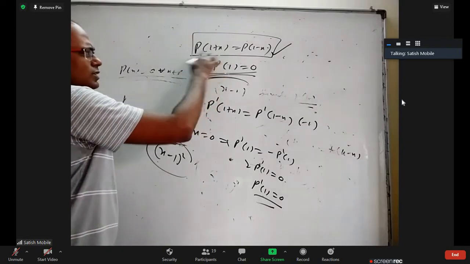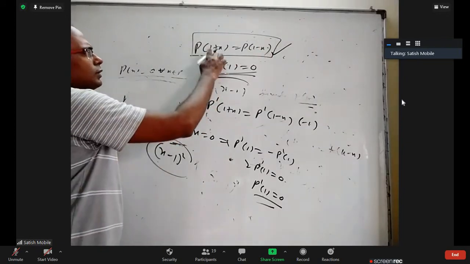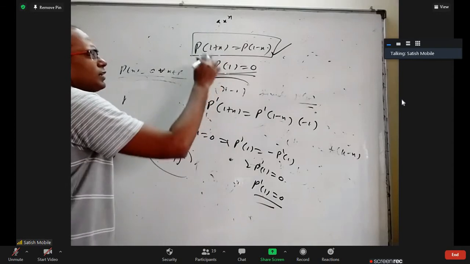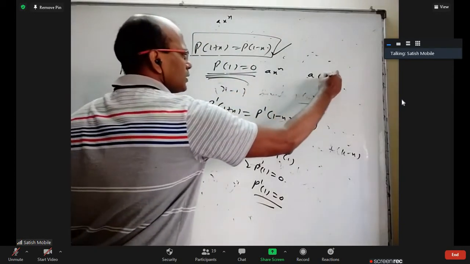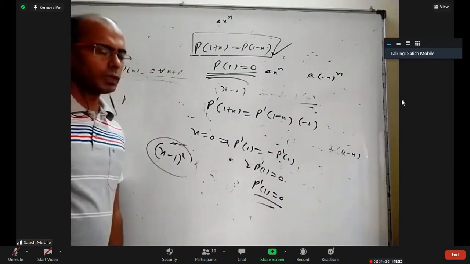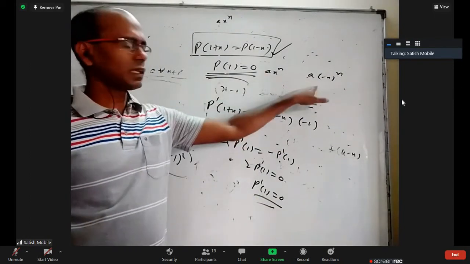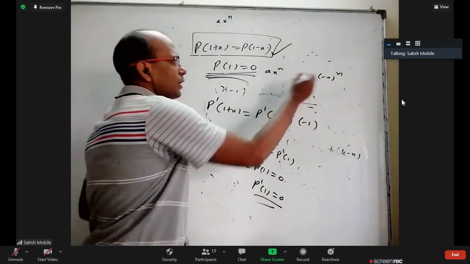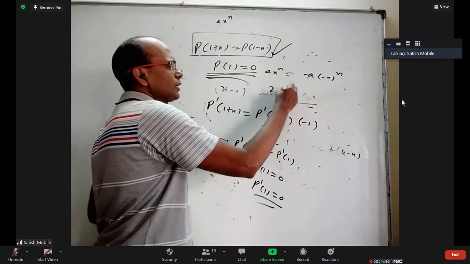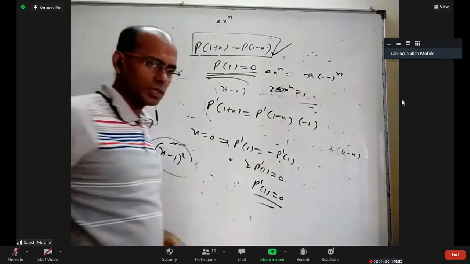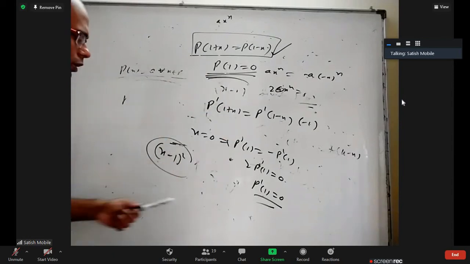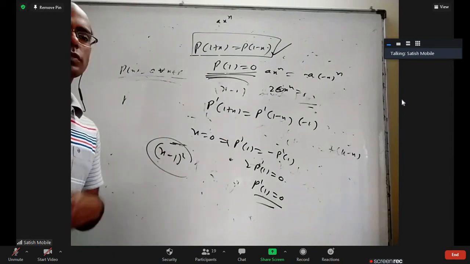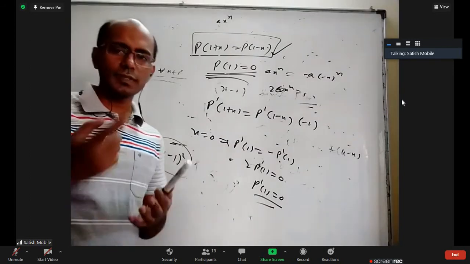When you expand this, let us take an odd degree polynomial and the leading coefficient is a x power n. This will give you a x power n. This will give you a into (minus x) whole power n. If n is even, they will be equal. But when n is odd, I'll get a minus. When I equate, bringing this side, 2a x power n is 0, I'll get a equal to 0. Yes. So only even degrees are possible. And you cannot take a constant polynomial. So the only thing left is quadratic, fourth degree, sixth degree.